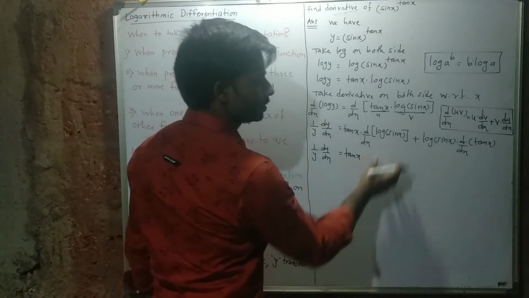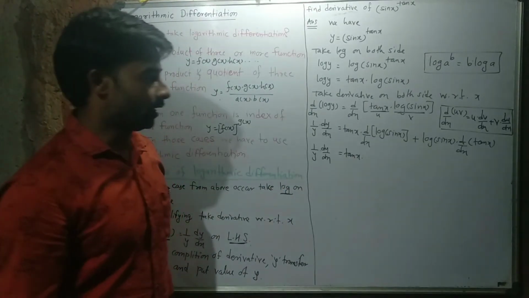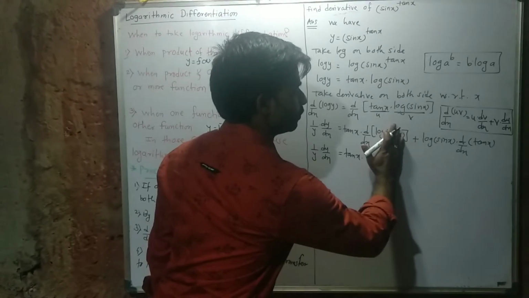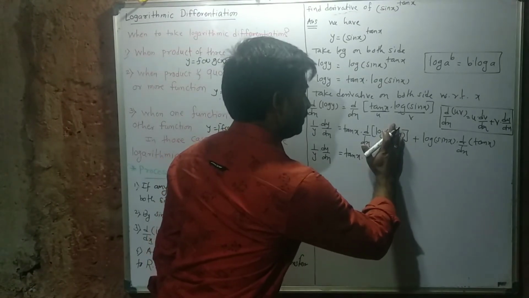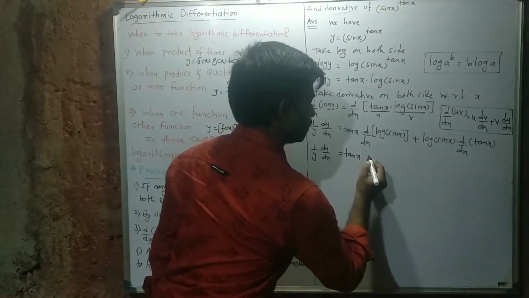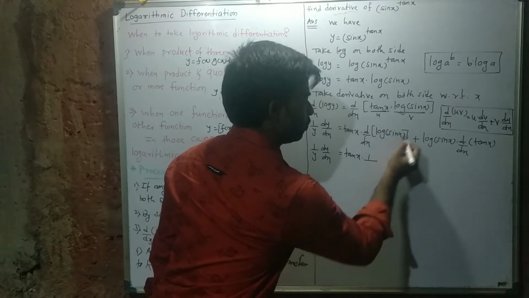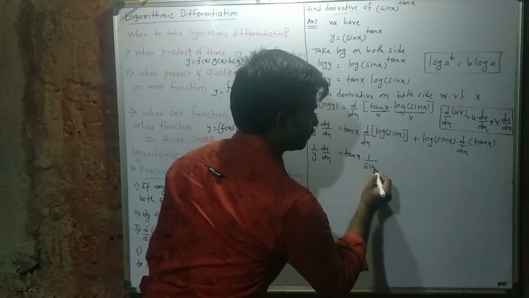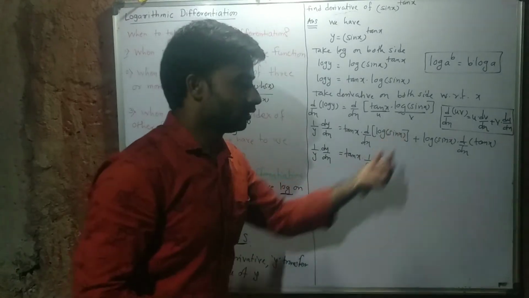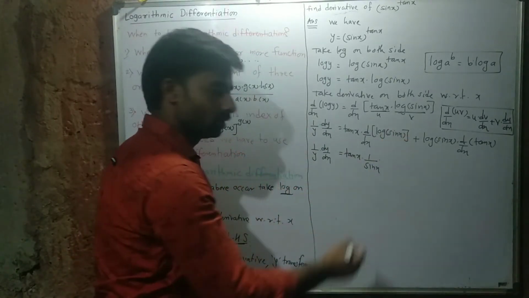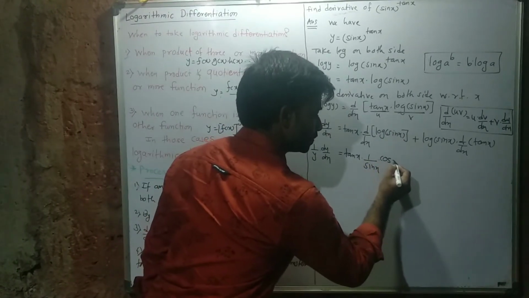and the derivative of this is a composite function. For a composite function, first of all we cover the sin x with our hand, and the derivative of log is 1 divided by the whole thing inside the bracket, that means sin x, into the derivative of sin x. This is a standard function. The derivative of sin x is cos x.